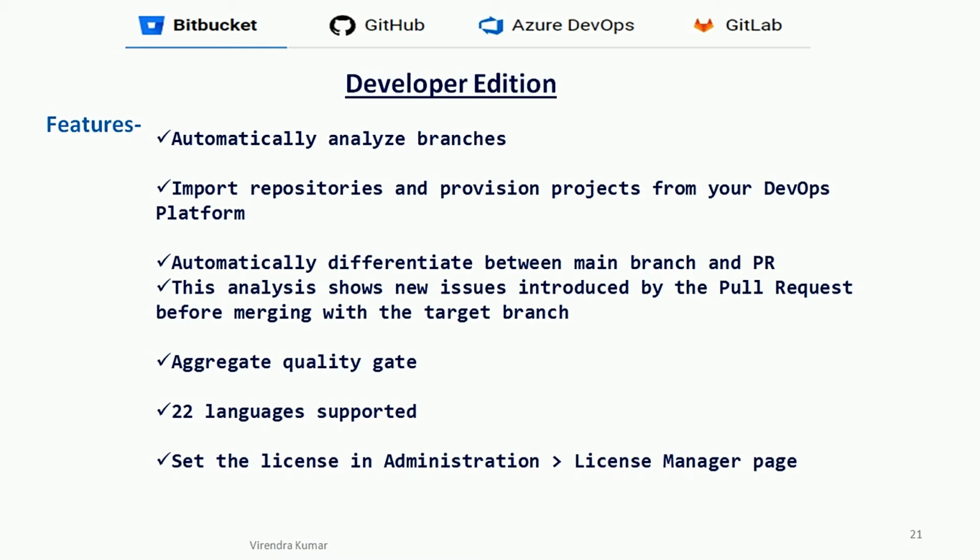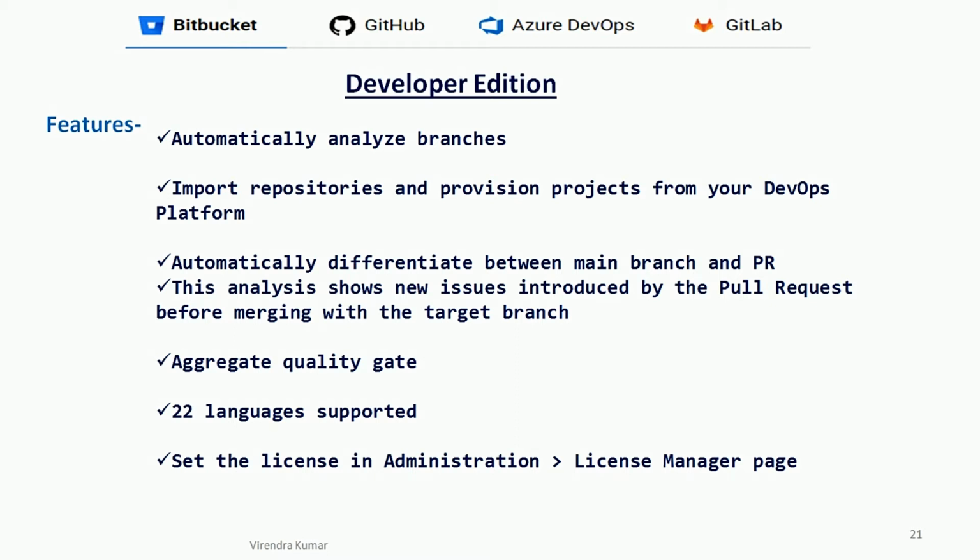Okay, when we are starting SonarQube, it will sometimes stop suddenly. This happens if you have already used the community edition, or if your Java version is not set. In this video I will show you how to resolve these errors when you're starting the SonarQube server, and how you can start the developer edition completely.